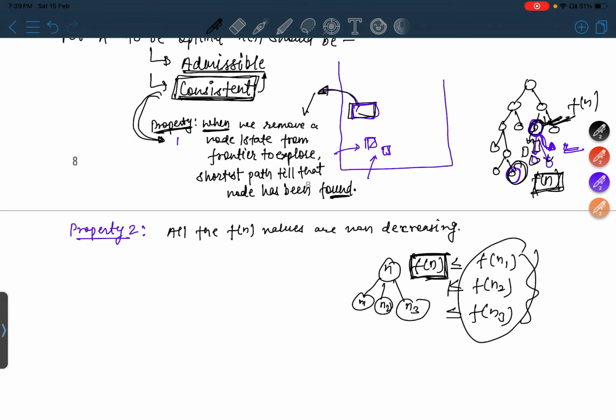Since गोल नोड के लिए f of n is equal to g of n itself, that means g of n की वैल्यू भी इसके लिए कम होगी compared to this one। तो that means कि this will be the optimal solution, right? So this is the rough idea how we can prove the optimality of the A star।